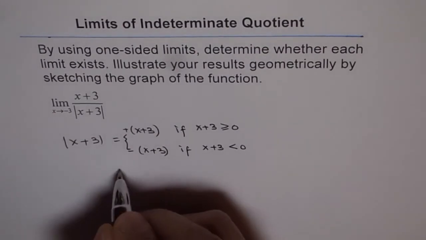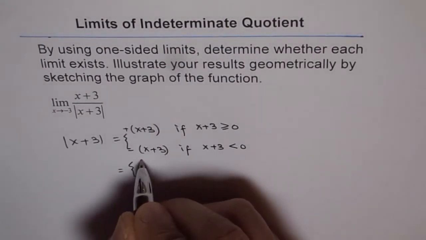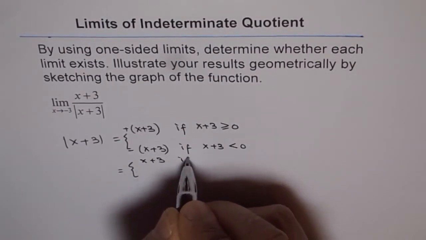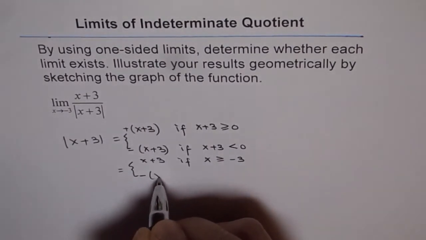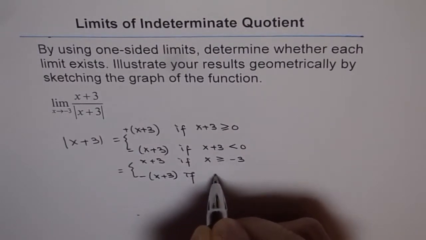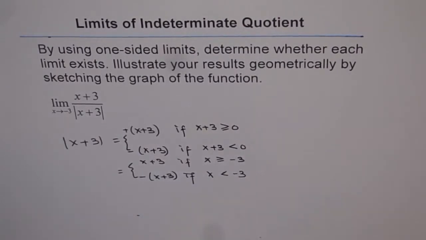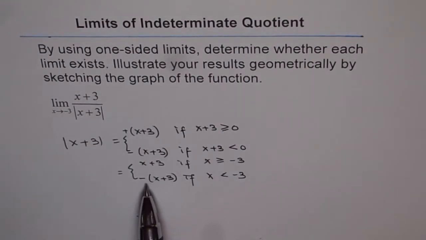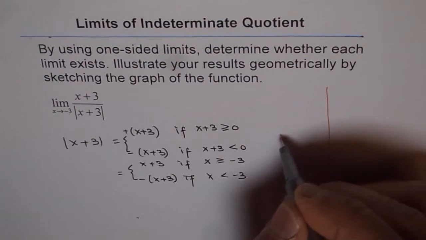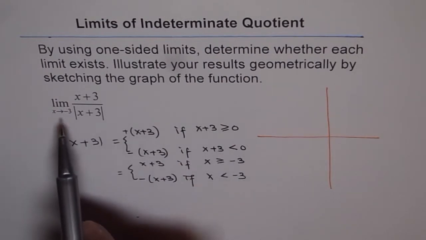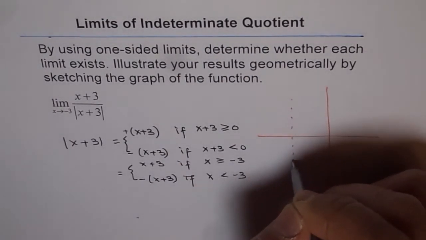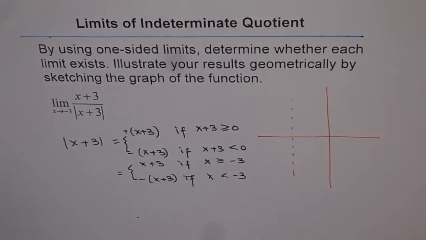Now this could be written as x + 3 if x is greater than or equal to minus 3, or minus (x + 3) if x is less than minus 3. That means there is a discontinuity at minus 3, right? That is true. So when we divide this function, we can show it on a graph like this. The numerator is x + 3. Now if you consider the point minus 3, let us say this is minus 3, then on the right side